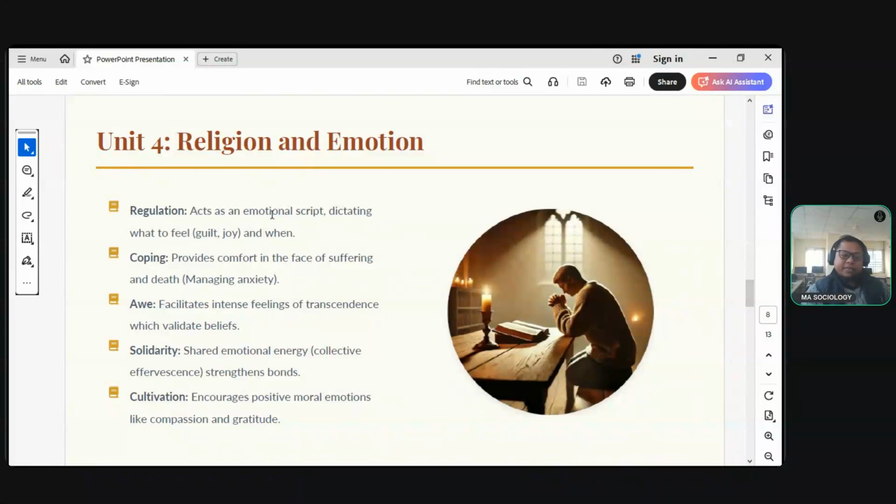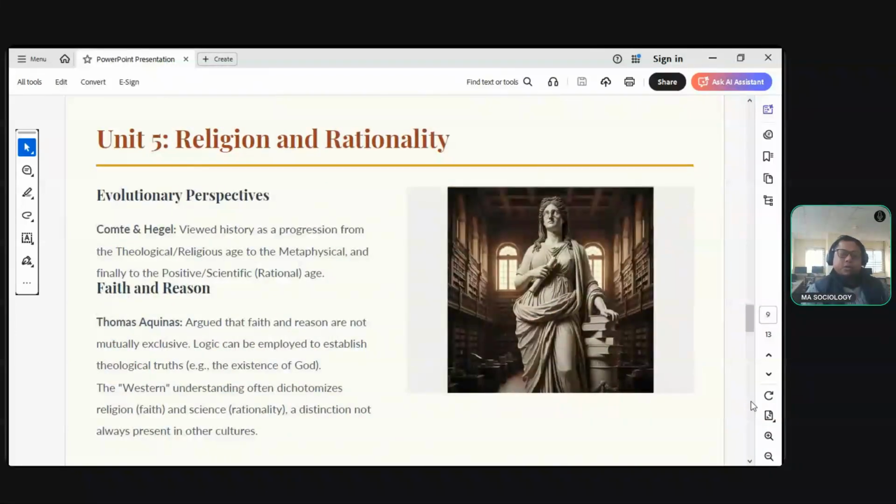And it provides comfort in the face of suffering and death. It provides solidarity, the shared emotional energy, collectively strengthening bonds, and cultivation of it. It encourages positive moral emotions like compassion. So religion does not only bring emotions. What Comte and Hegel tried to talk about was how from the theological stage it goes to the metaphysical, the rationality of it, the philosophical side of it,